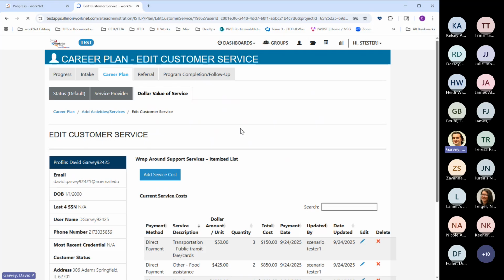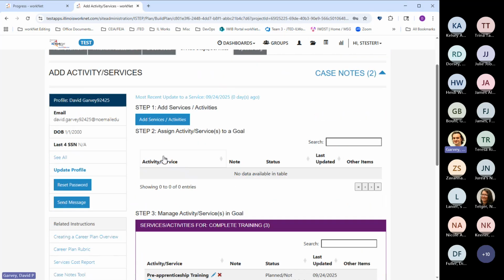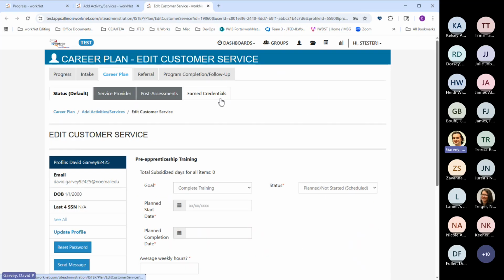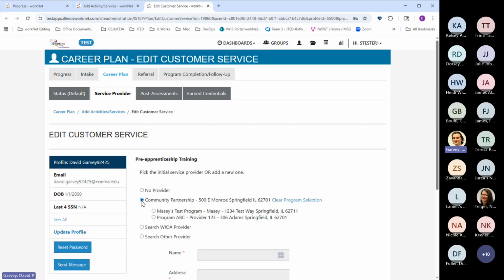And if we go back to our services here, let me take a look at a couple other ones. So if we open up the pre-apprenticeship training, this has a little bit different template here. We have the status default and service provider tab. Go ahead and make that selection there for service provider.